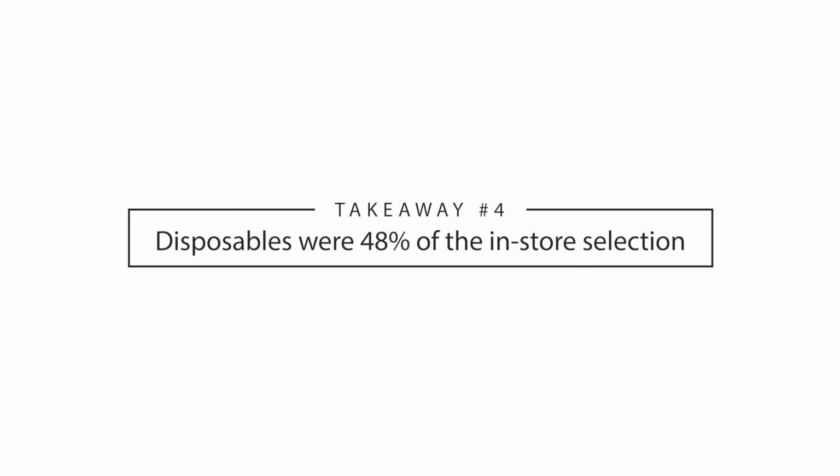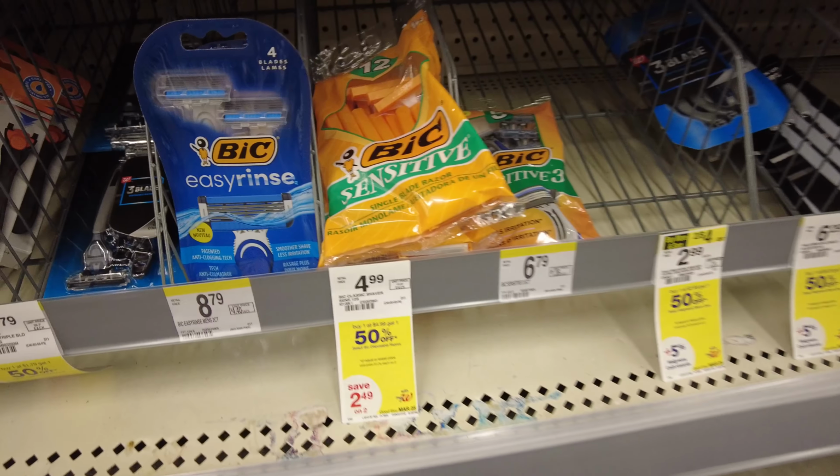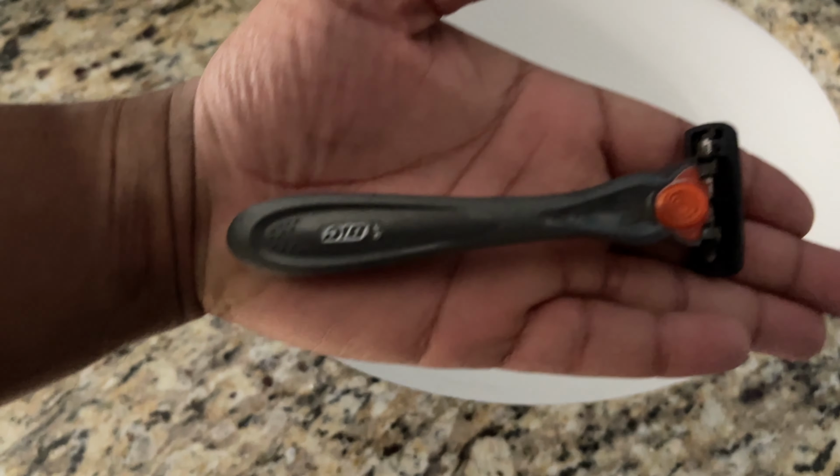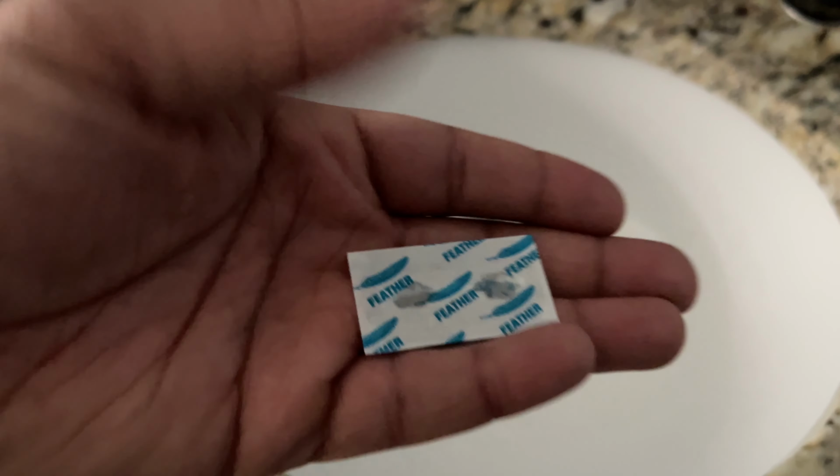The other thing that really surprised me is the number of disposable razors out there. Nearly half of the options out there are disposable, which tells me that a lot of guys who are buying their razors off of the shelf are buying disposables. And that's really interesting, because when I look at a disposable razor, it's essentially like, hey, we're throwing this whole thing away every time we're done using it, after 5 days or a week or however long you're using a razor. It just seems like a lot of waste to me. The most efficient and the best for the environment is probably going to be a safety razor, because the only thing that you're disposing of each time is this very small, thin